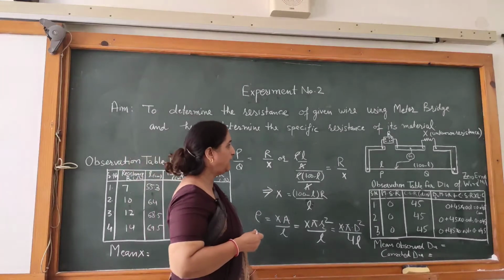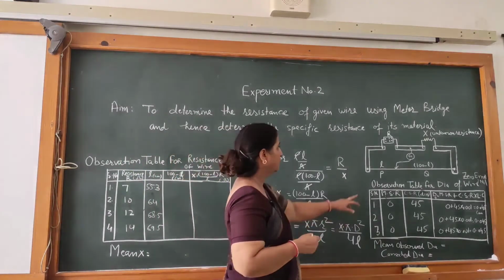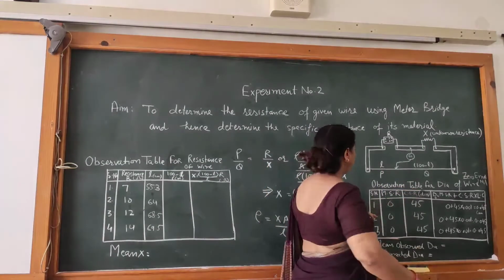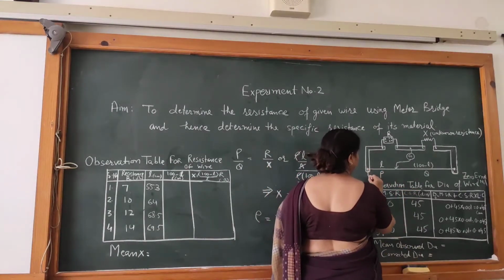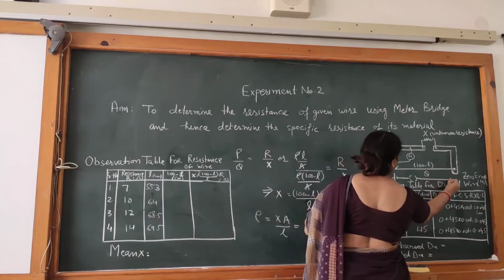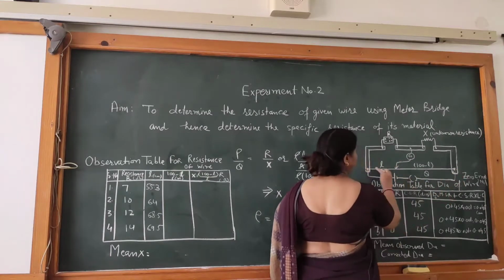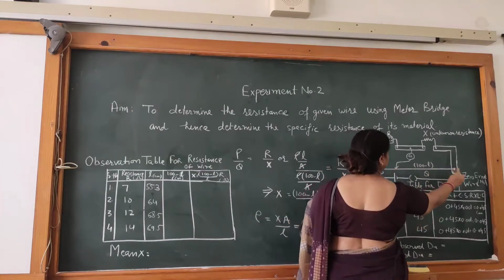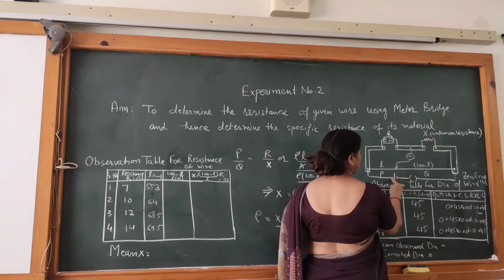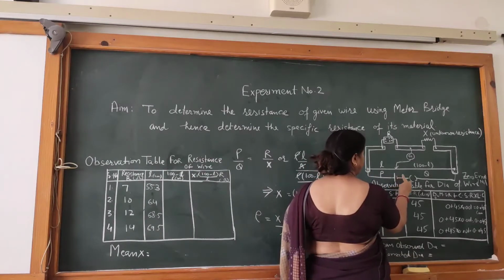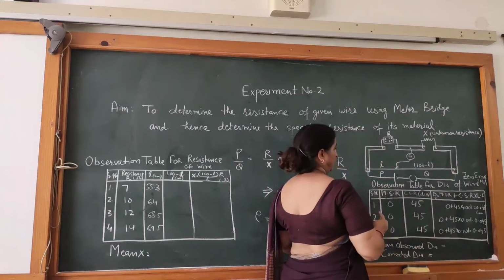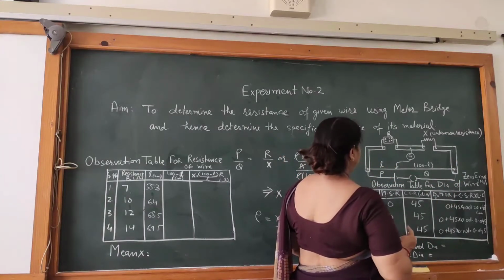Then you see the circuit diagram here. This circuit diagram you can observe. One thing is left that I am completing, a cell and a key is also there. This is the 1 meter long wire I have shown. One end of this wire we have connected to the positive terminal of the cell, the negative of this cell we have connected to a key, and the key we have connected to the other terminal on the L-shaped metal strip.